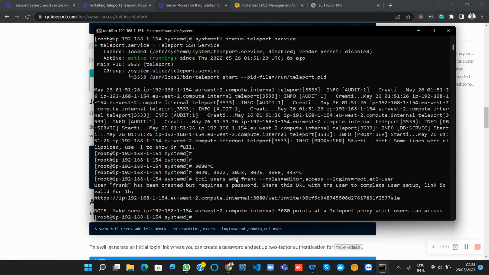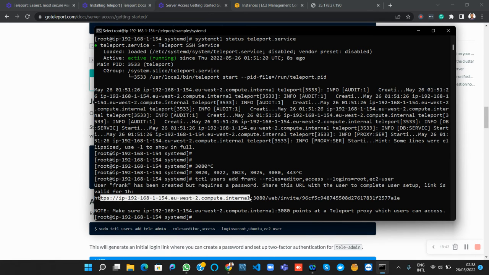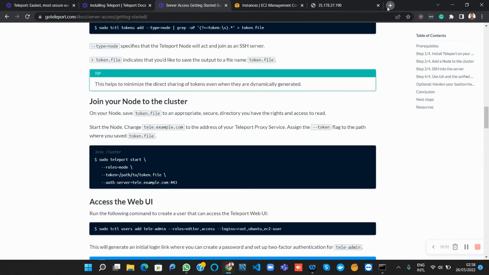So the moment you hit enter, it's going to generate a link. So now it says, user Frank has been created but requires a password. Share this URL with the user to complete user setup. The link is valid for 1 hour. So this Teleport link is only valid for just 1 hour. So you can see the entire link. Copy this entire link as it is, and come to your browser and